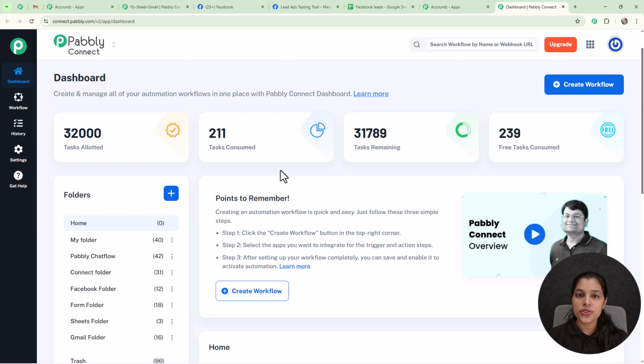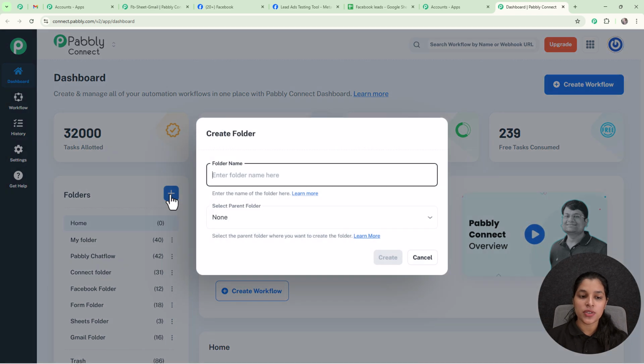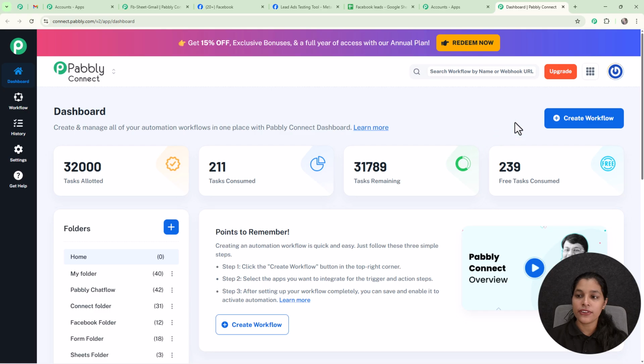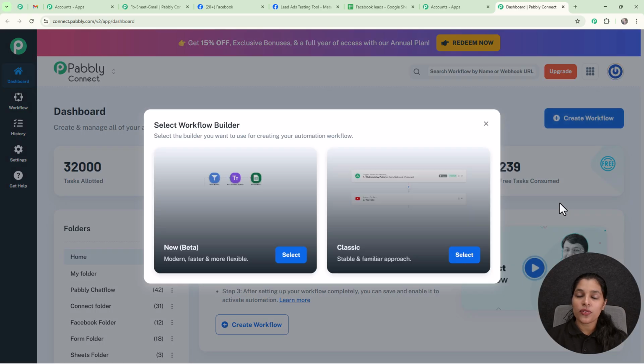So if you also want to create your own folder, you simply have to click over this create new folder button, and here you have to provide the folder name, and afterwards you have to select the parent folder if you want, and afterwards you just have to click over this create button and your folder will be created. But here I'm going to create a workflow, so for that you simply have to click over this create workflow